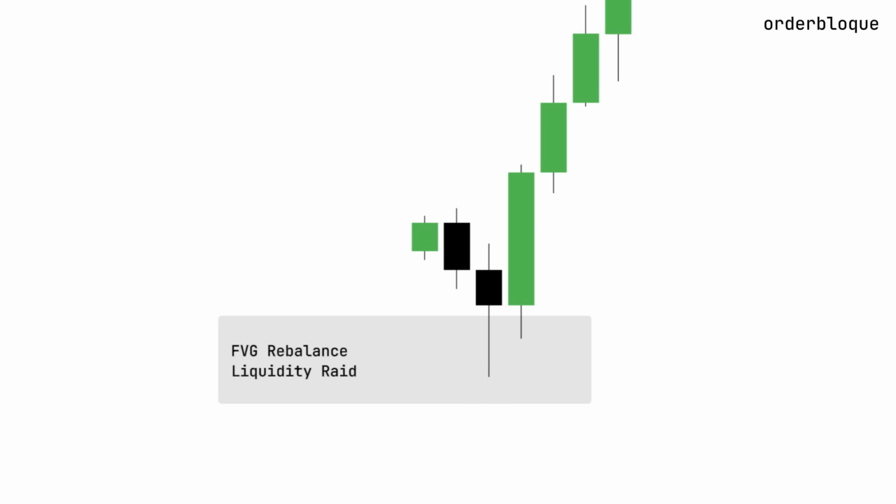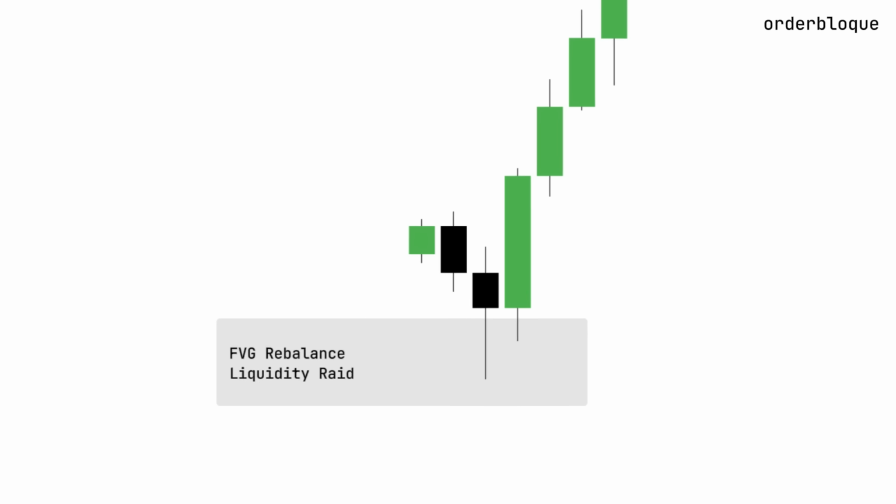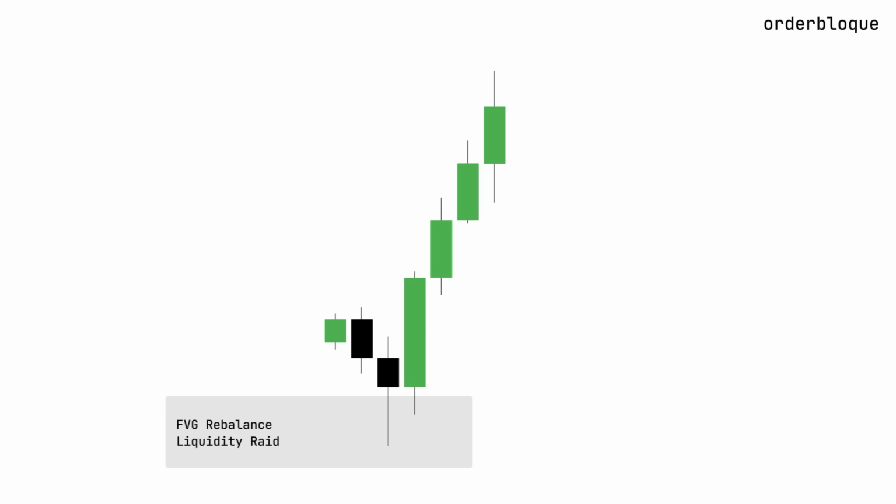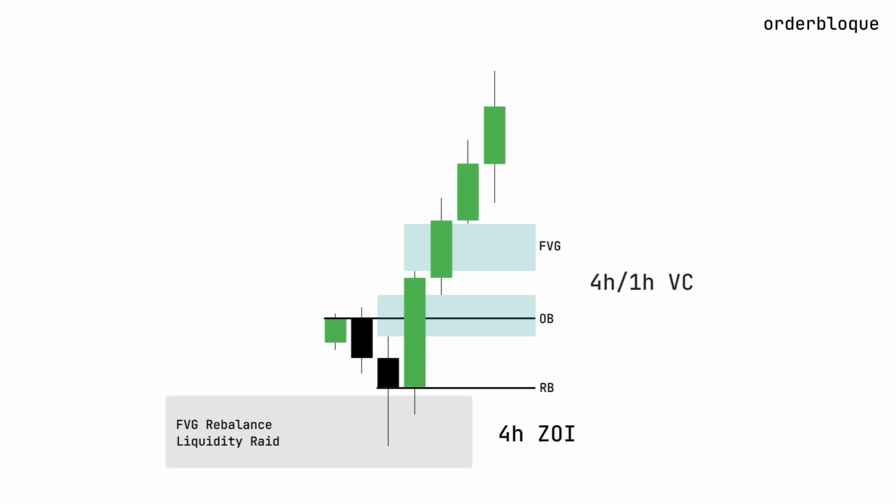To confirm that this low is indeed high resistance, we need volume confirmation. As discussed earlier, this is done through the formation of an order block, rejection block, or fair value gap on the same time frame as the zone itself, or on a lower time frame. For example, if the initial zone is on the 4-hour chart, the volume confirmation should also be on the 4-hour chart or on the 1-hour chart. I hope this is clear and that you've already grasped this concept well.